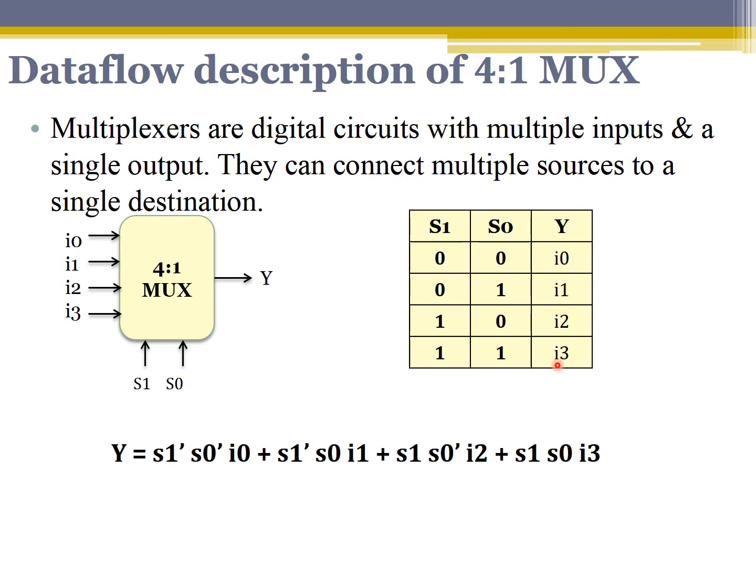So previously when we wrote the gate level description, we wrote the gate level diagram for this expression and then we instantiated each of the gates. Now in a data flow description, this is very simple. Now we just use the data flow operators we have studied and the program can be just written with a single line of Boolean expression using the keyword assign.